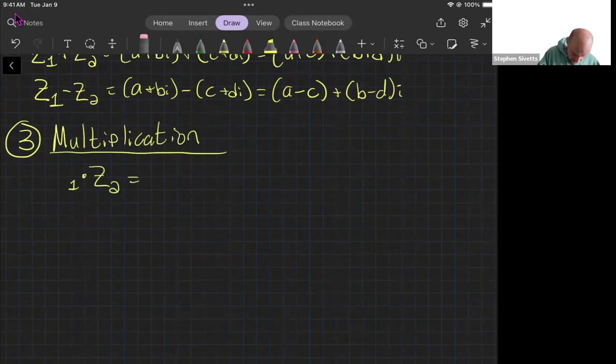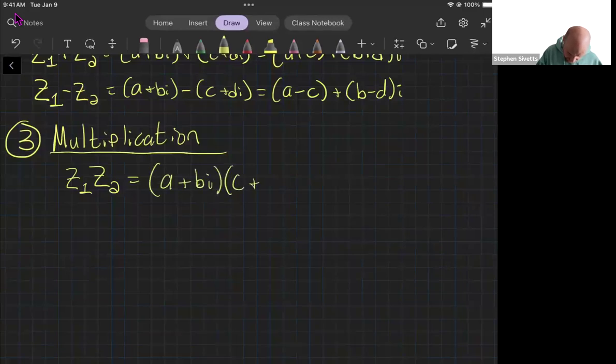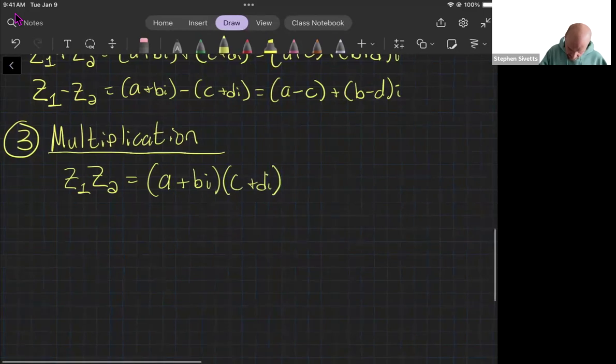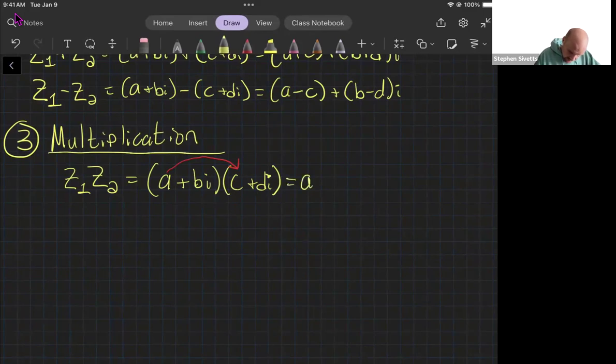Let me note this: Z1 times Z2 equals A plus BI times C plus DI. We're going to use the FOIL method for this, just the FOIL method in algebra. So this will equal A times C, plus the outside terms,